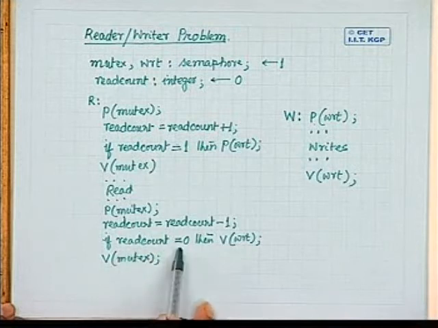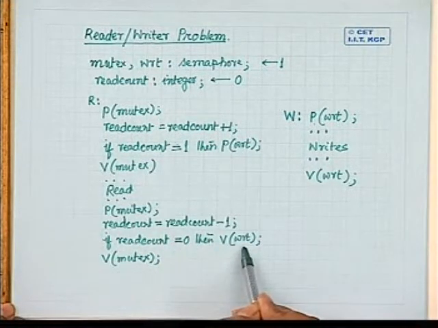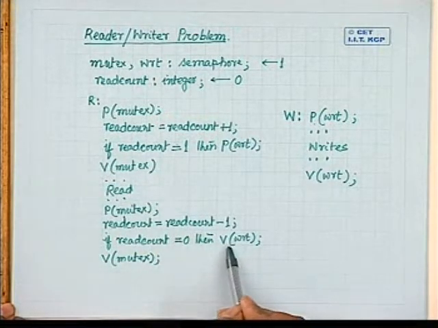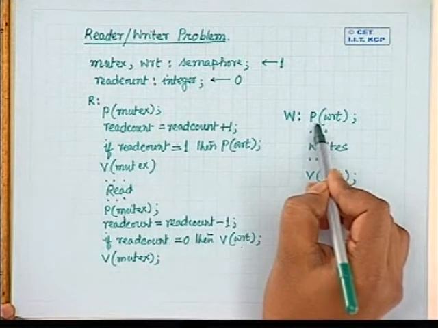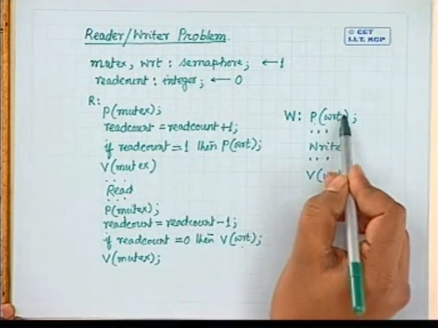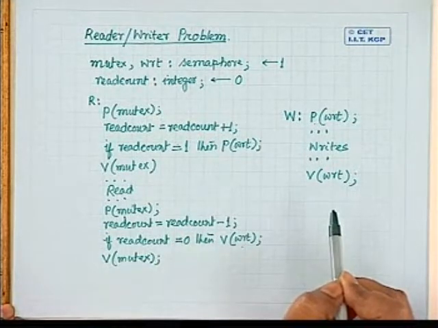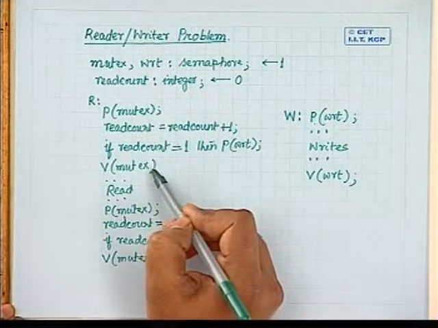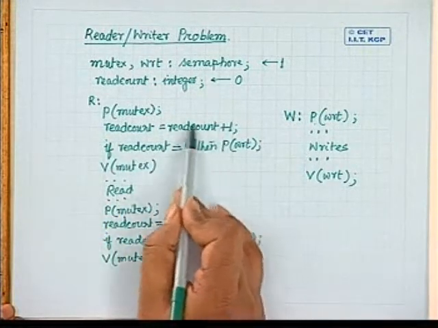Now, because read count has become equal to 0, the last process to come out will perform v write operation, and then finally v mutex and will come out. Once this v write operation is successful, then only the writer process will wake up from this queue, and it can perform this write operation into the file. Okay. So find that this mutex variable, semaphore variable, ensures mutual exclusion of this read count variable,